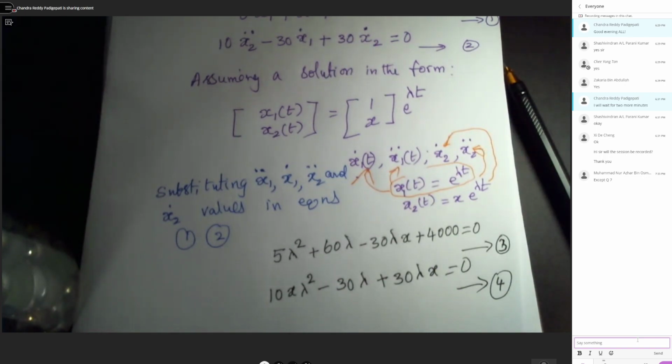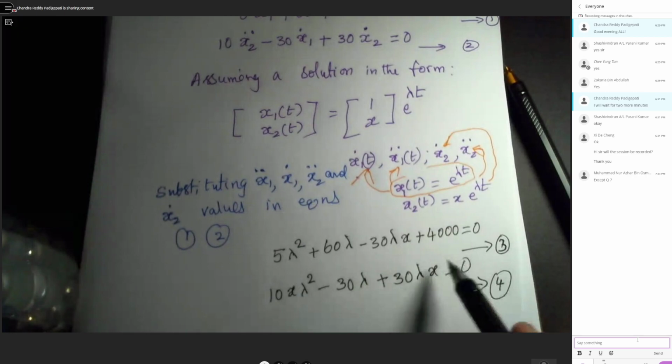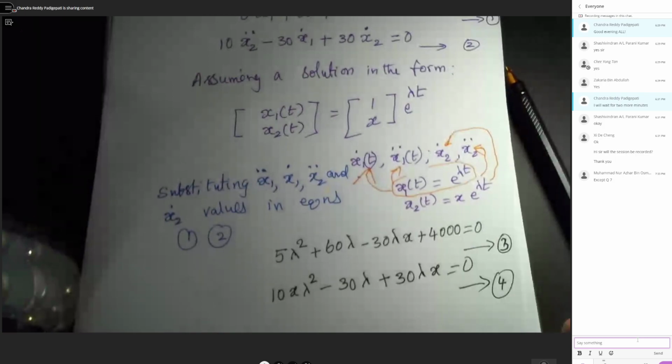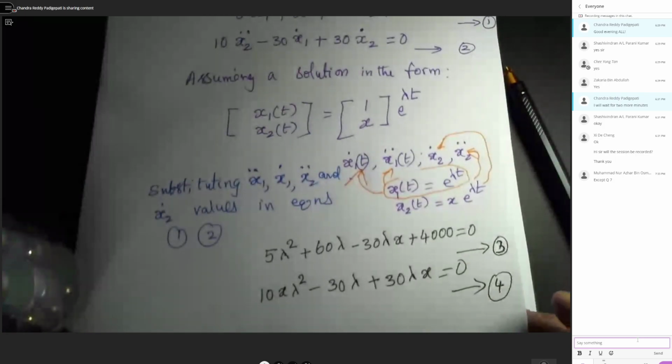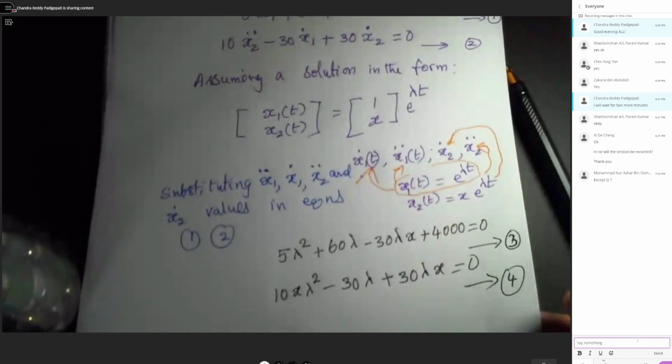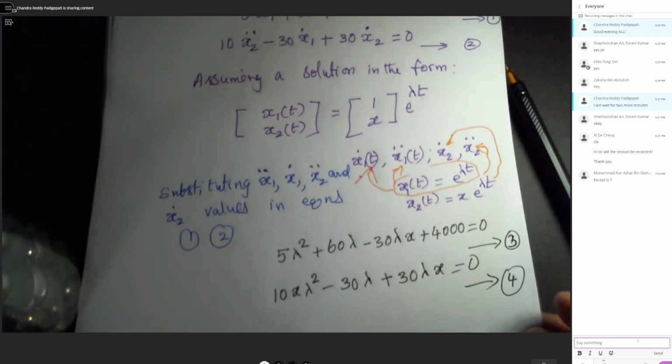All right, so now to get a non-trivial solution. So one easy solution is that lambda is 0. Okay, so to get a non-trivial solution, can I take out this paper? All right, so if you don't get a response, then I take out. All right, to get a non-trivial solution,